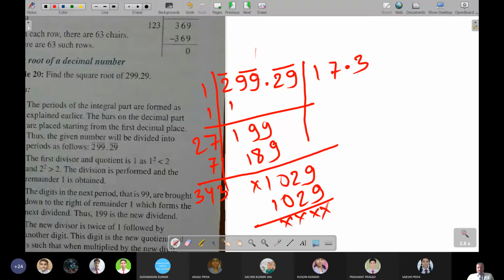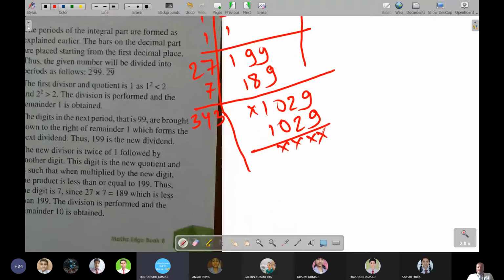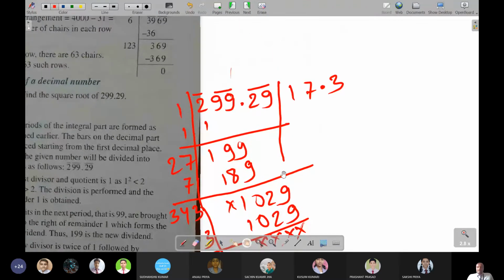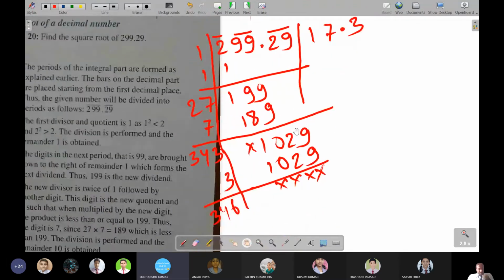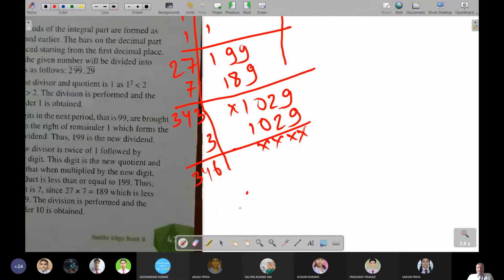After doing this, if you add, then also okay. If not adding, then also it will be okay. Just if you see, it will become 346. So of course the point is there, so after 1 you will keep the point, and then you will do half. Then you will get 17.3. Okay, I'll be explaining. So you can write at last, therefore, root under 299.29 is equal to 17.3.